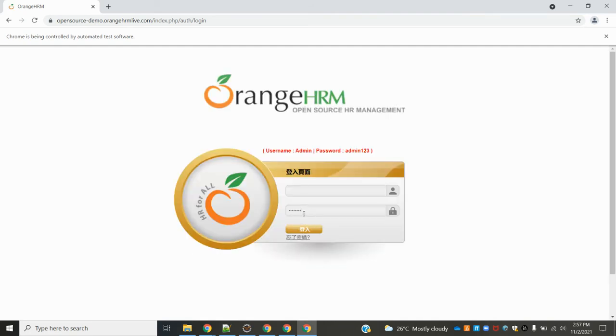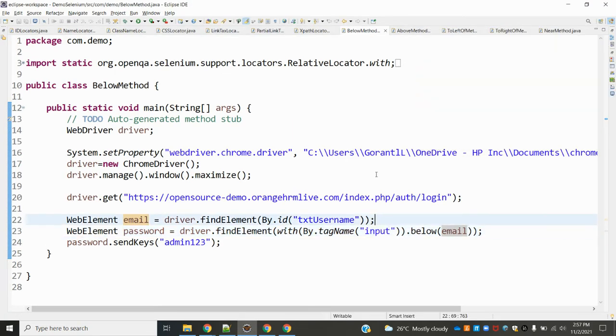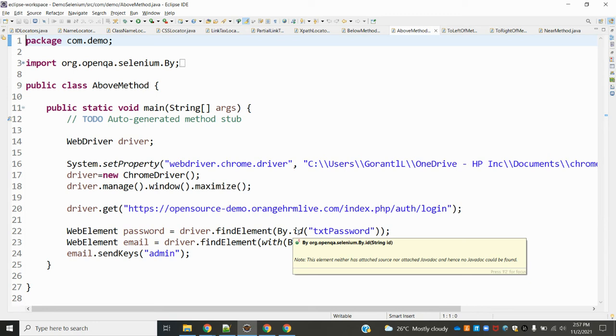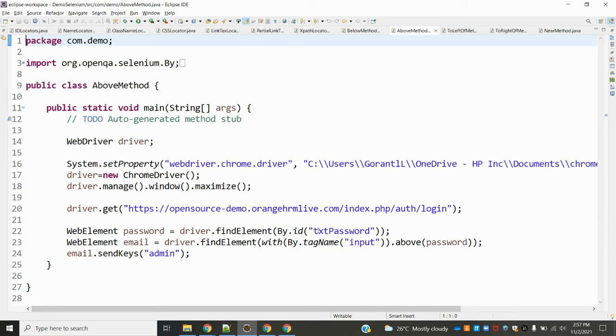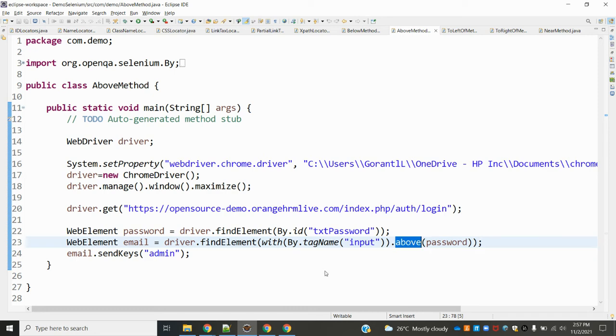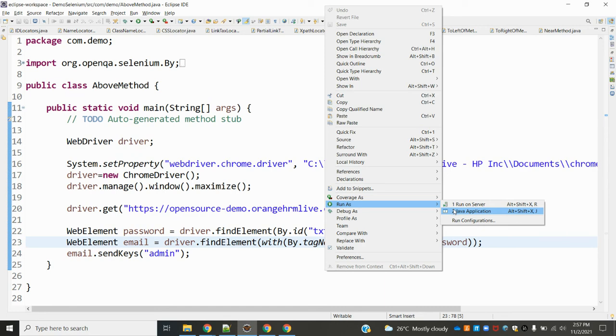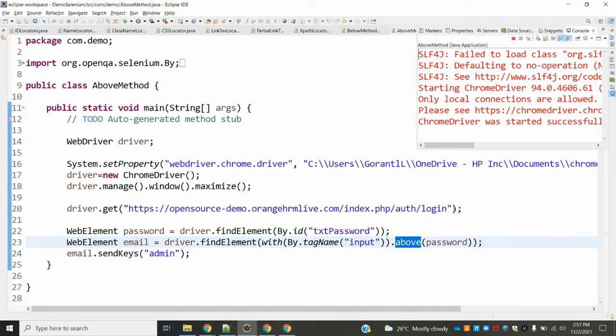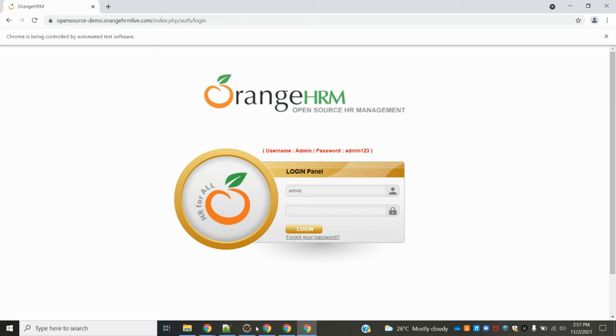The value is presented, correct? Above means the same like that only. We need to pass the password field, and the field above it, which one is presented, the text box or button or radio button. Based upon that, we need to provide the tag as dot above. This is the one; using that locator it will take the value. We can see admin here. It is displayed, correct?